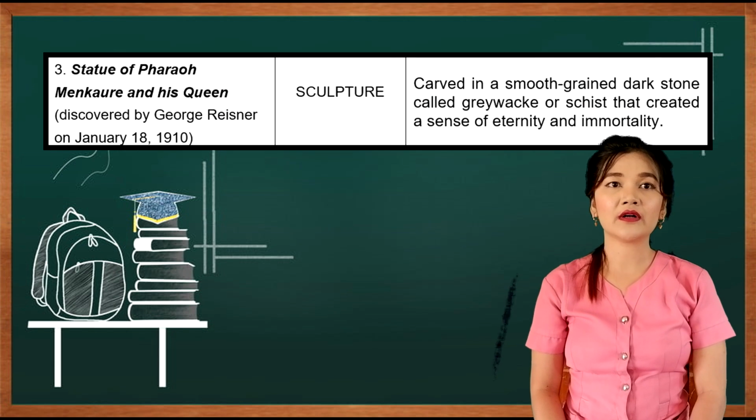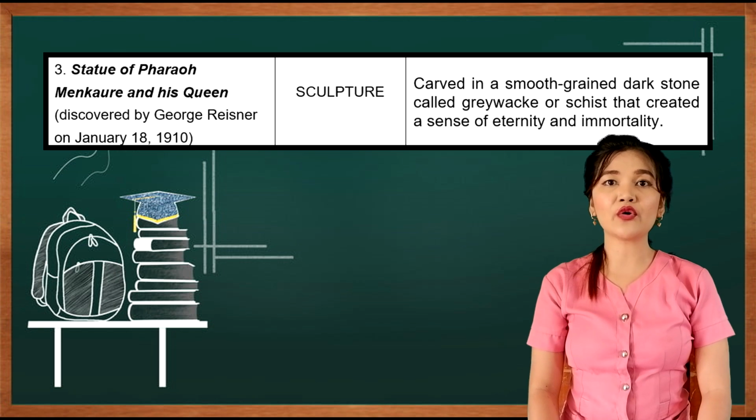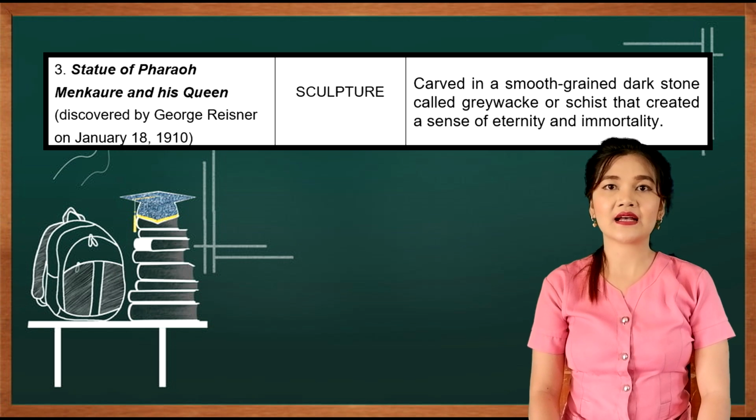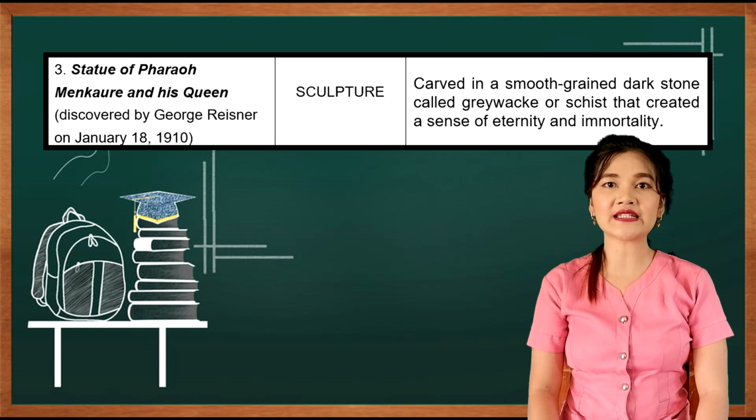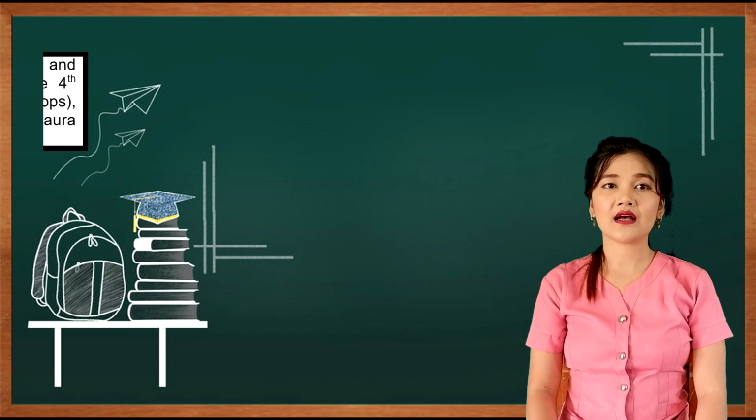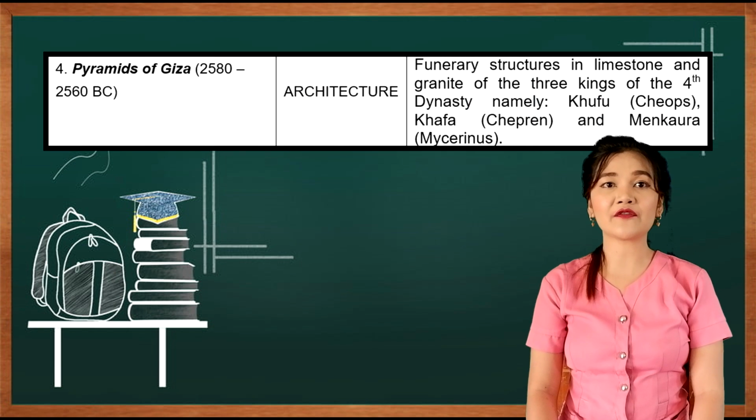Number 3. Statue of Pharaoh Menkaure and his queen, discovered by George Reisner on January 18, 1910. Art form: sculpture. Carved in a smooth-grained dark stone called graywacke or schist that created a sense of eternity and immortality. Number 4. Pyramids of Giza,